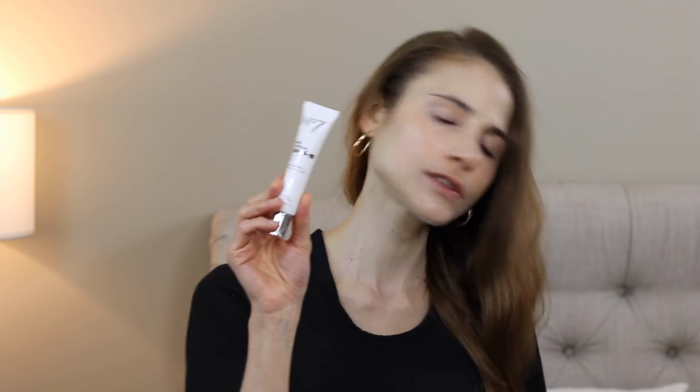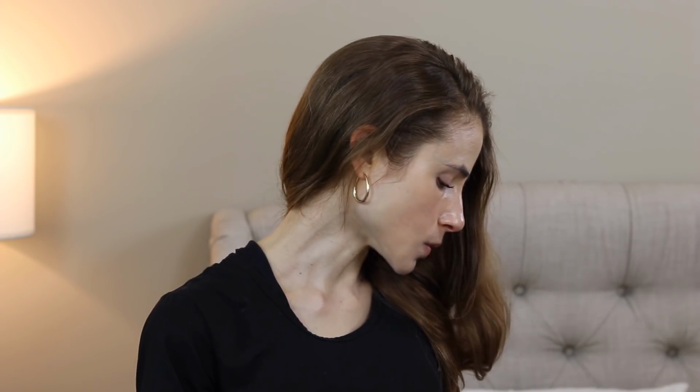Okay, speaking of things that were sent to me for consideration for review, this is from Octoly actually. The No. 7 Early Defense Glow Activating Serum I reviewed for you guys. This is nice. I believe it has mulberry extract, I want to say. Very helpful if you are coping with hyperpigmentation, like related to healing acne, to use this. And it's kind of on the expensive side. I don't know that it's necessarily worth it. But I did enjoy it, and it works well in terms of, you know, just helping to accelerate the rate